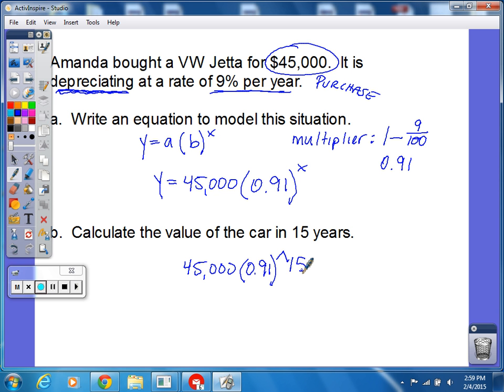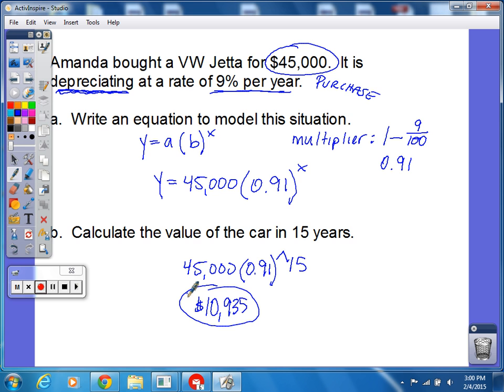And if we do that, we end up with a value of $10,935. Okay, and there's some odd cents there, but that will be the number of what it's worth. So that car lost approximately $34,000